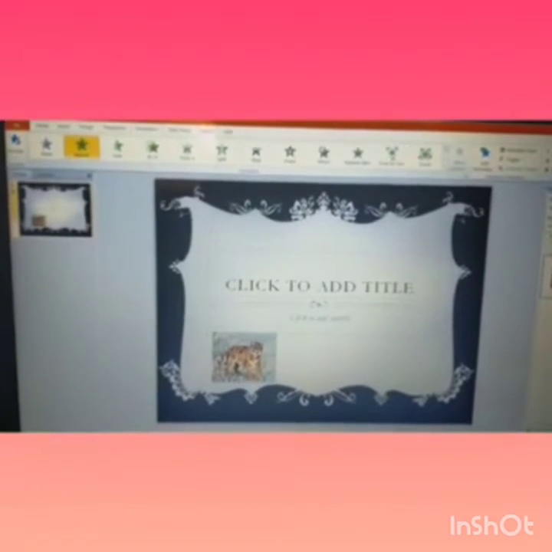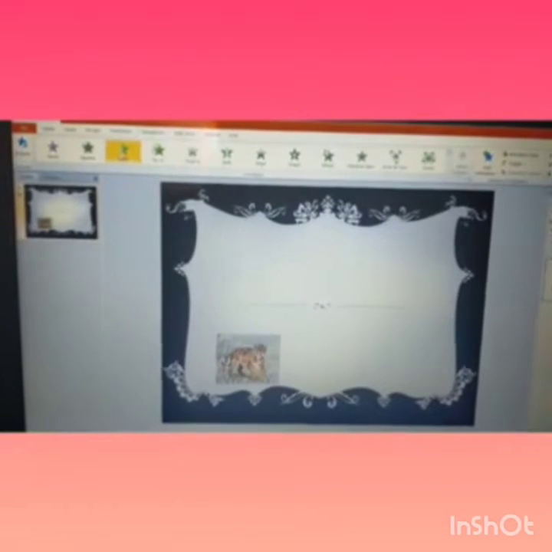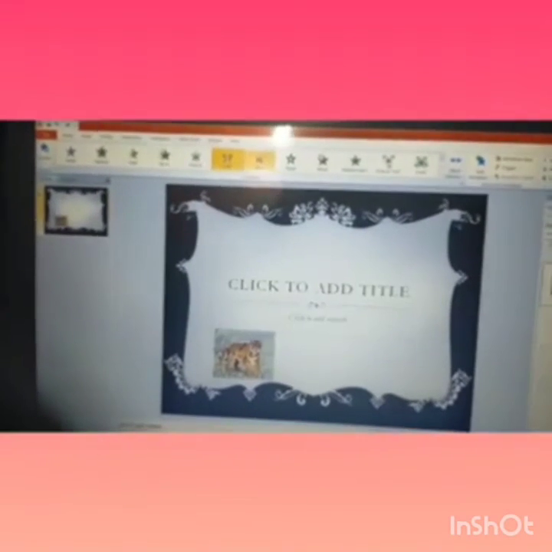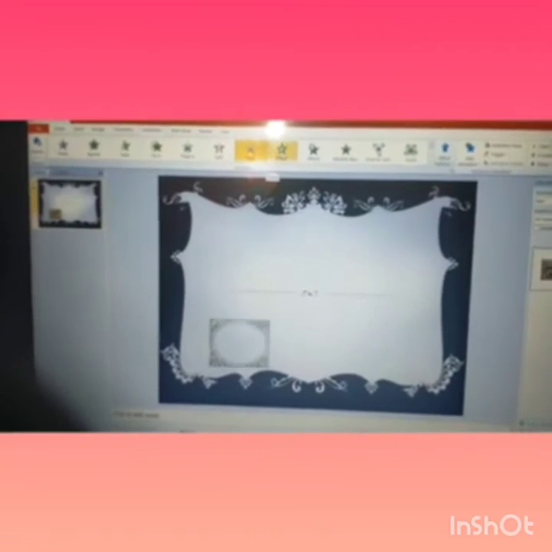For example, this is the type of animation which is also used in making cartoons, animated films. So all these things are available in animation tab. So you have to select any one animation, as I am going to select shape.